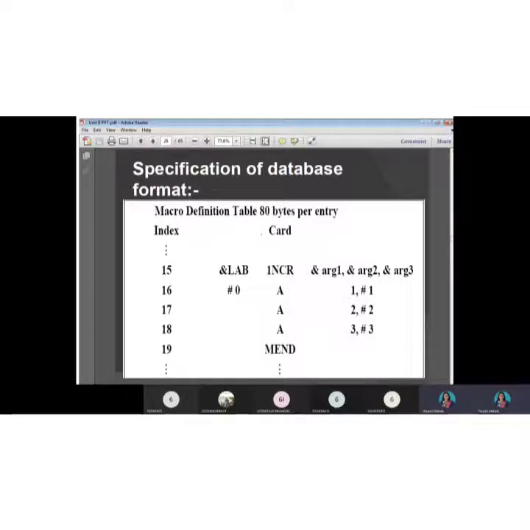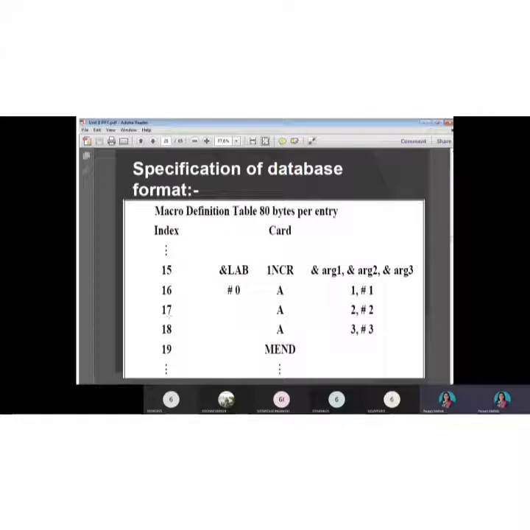But in the card, that is the macro definition table, we do not store the assembly directive mnemonic opcode MACRO. We start with the name of the macro, right? So you have all the lines defined in the macro till MEND, and each and every line is given an index value starting from 1.